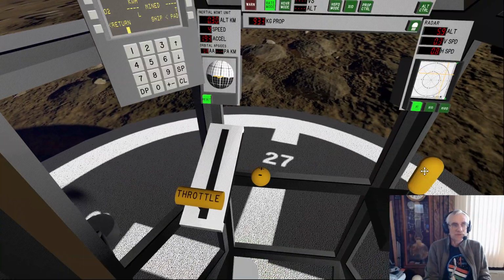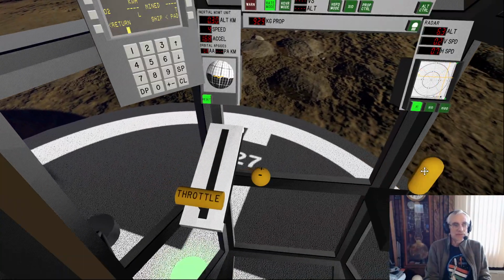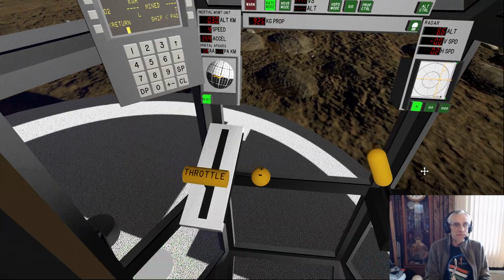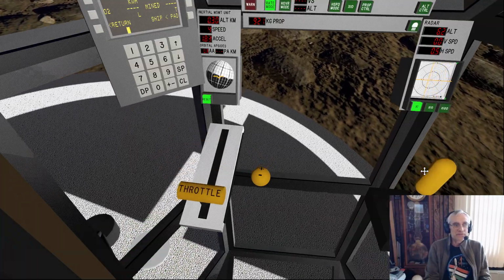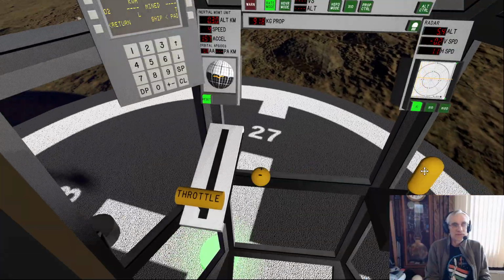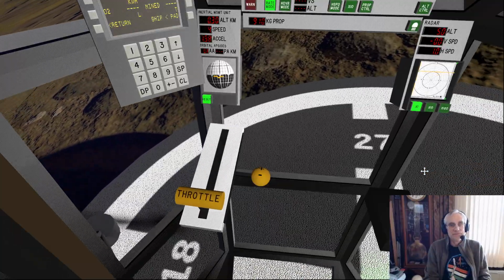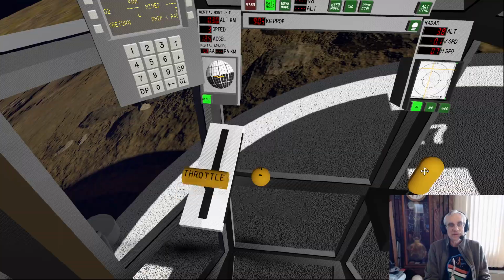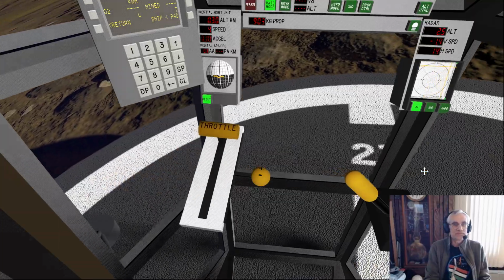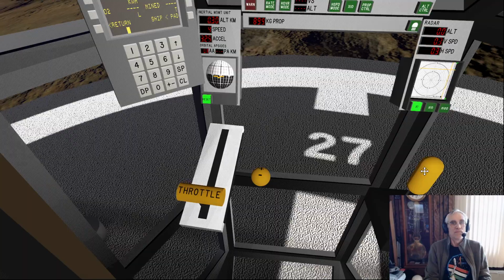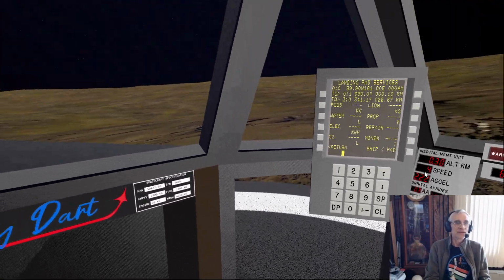Plenty of fuel, 900 kilograms. Drifting to the right. Come on. Still about 6 meters off the pad. Over controlling. There we go, on the deck.